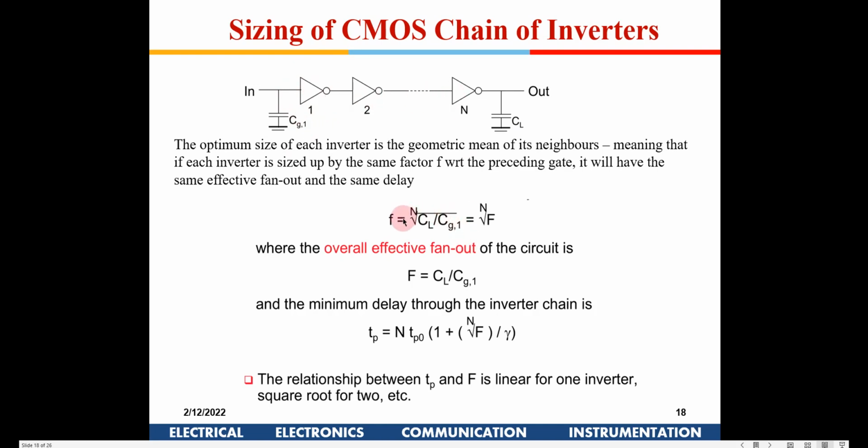Suppose I am using a chain of inverters, and geometrically they have been sized. That means if W here is 400, the W here will be 800, and the next will be geometrically progressing like that. That is why it is known as a geometrically progressing chain. Then this small f is nothing but C_L by C_G, and if you have n number of stages,